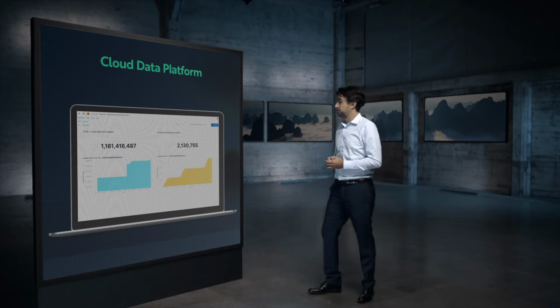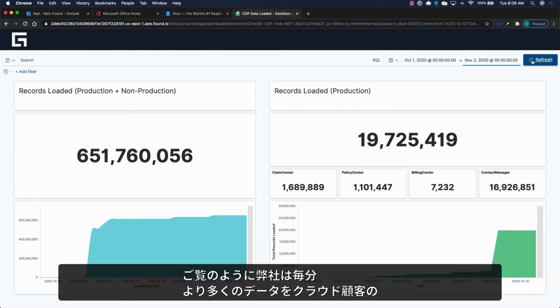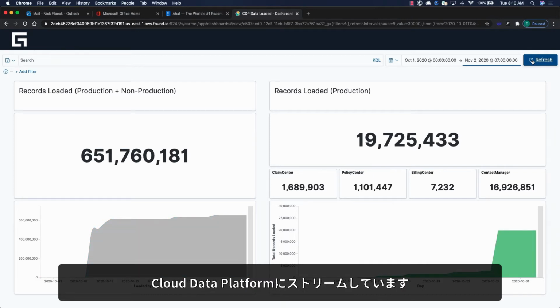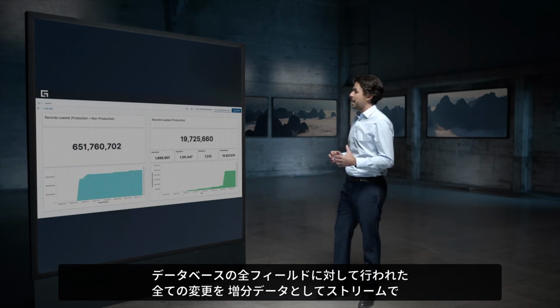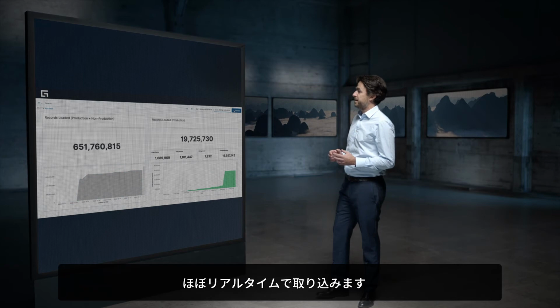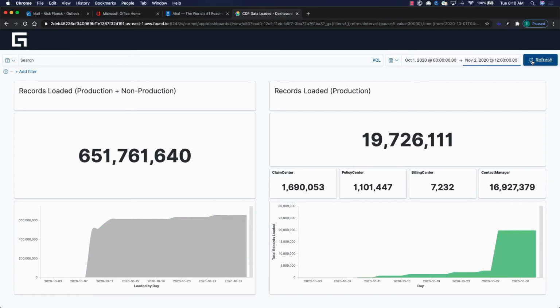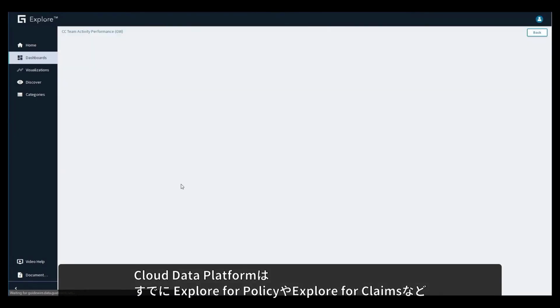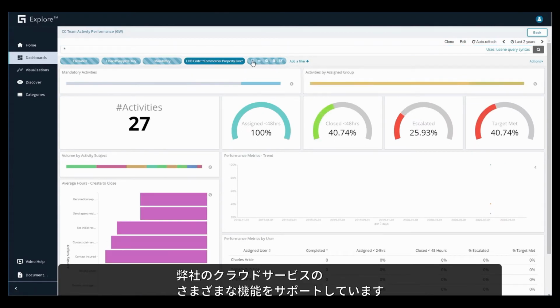Banff release. The Cloud Data Platform is now live and running in production. As you can see here, every minute we stream more and more data into the data platform across our cloud customers. The data platform bulk loads all historical data within Insurance Suite and then incrementally streams and captures every change to every field in the database in near real time, enabling Guidewire to develop new data-driven experiences that weren't possible before. Cloud Data Platform is already powering several capabilities across our cloud offering, including Explore for Policy and Explore for